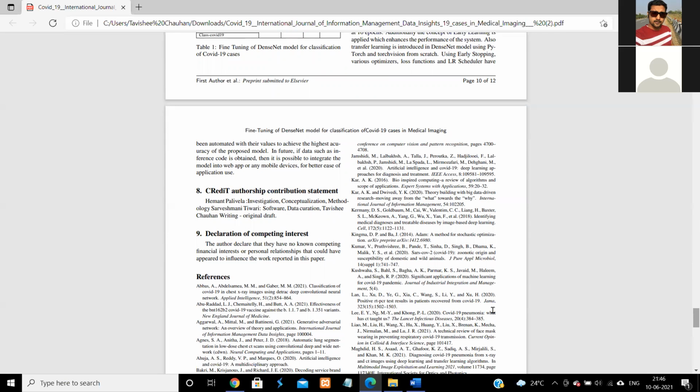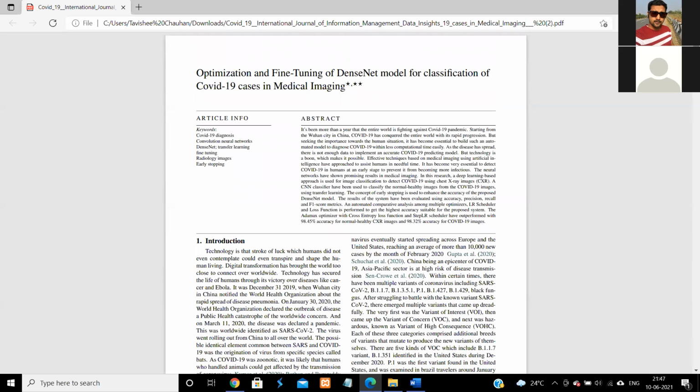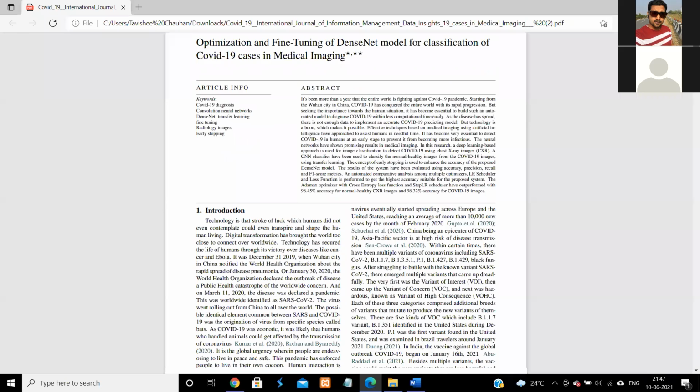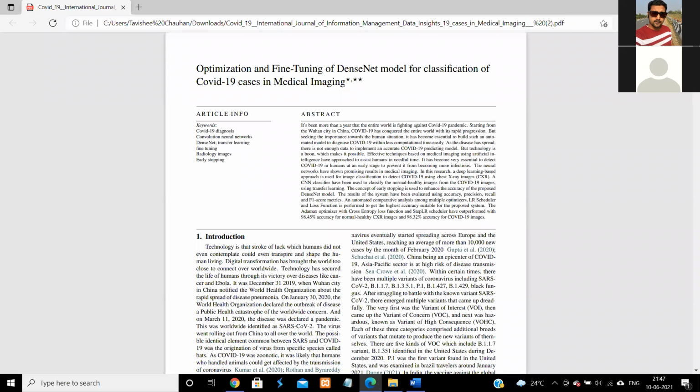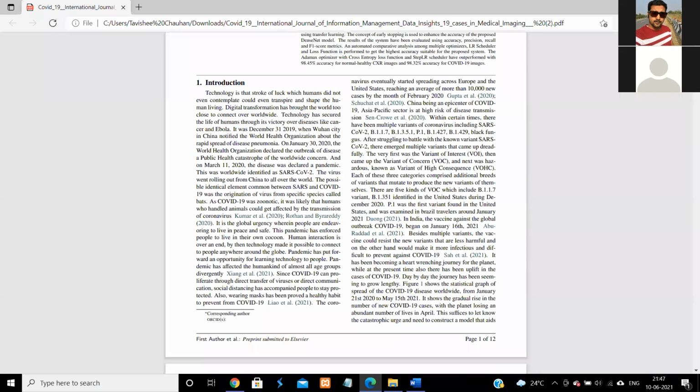So, Tabishi, I have a question here. If you go to the initial part, the introduction, typically your problem statement talks about fine tuning the DenseNet model for classification of COVID-19 datasets. Obviously, the core dataset that we are looking at is basically the X-rays. Correct? Now, did you include the details of how COVID came, what kind of things happened, what happened with the spread, what the different variants are? And you have also included the X-ray data set.